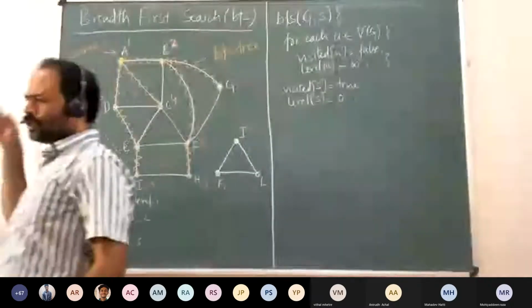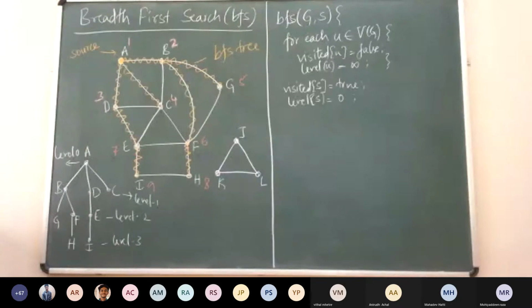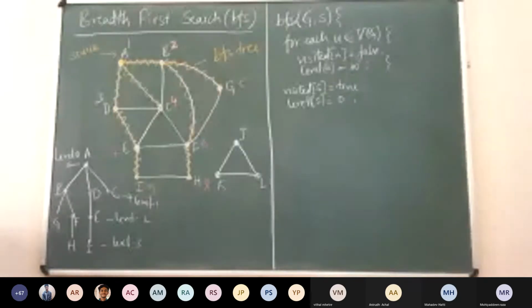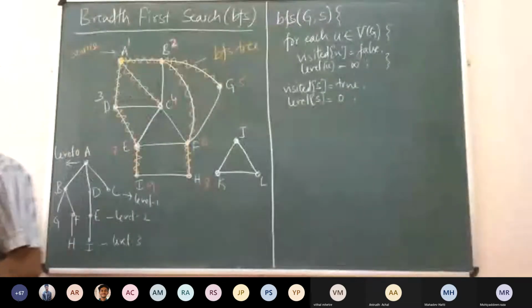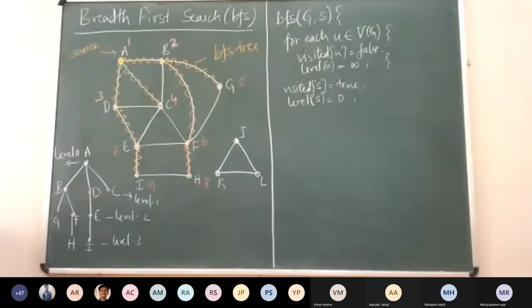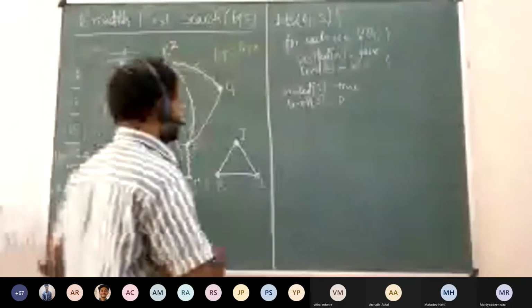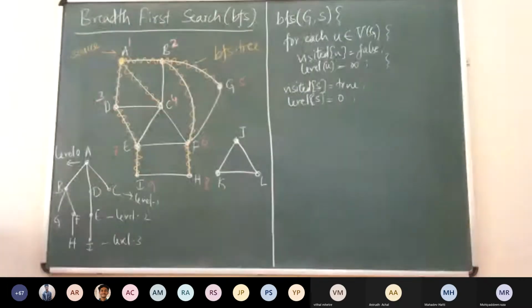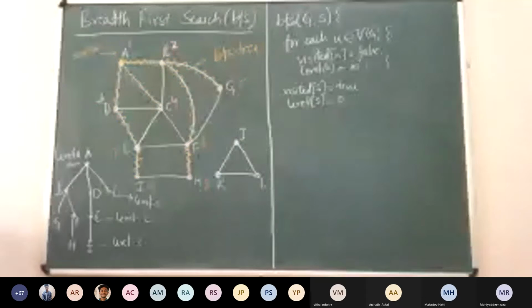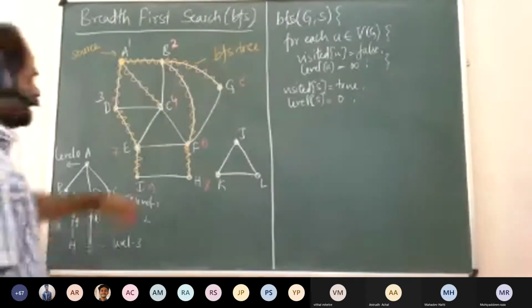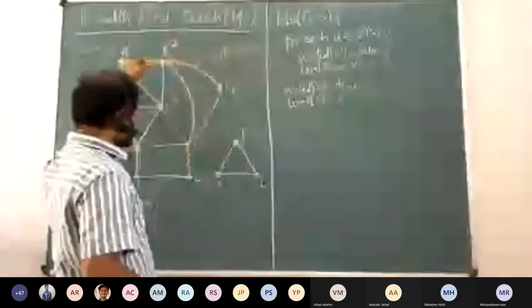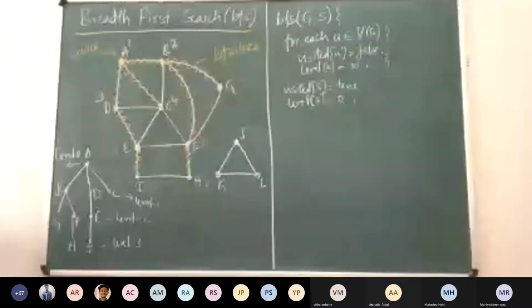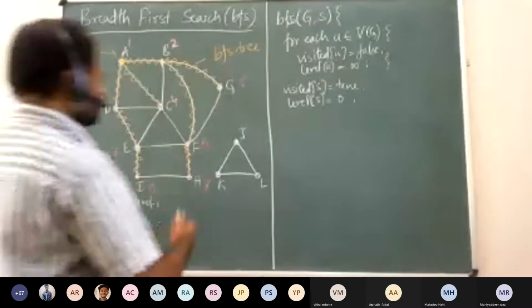So then what we do is to mimic this activity. We use the data structure queue, so that before we go to the (i+1)th level, every vertex at level i should be traversed. To do that, we will use the queue, a first in first out setup. That will help us achieve the way BFS traverses the graph. So we need a queue.